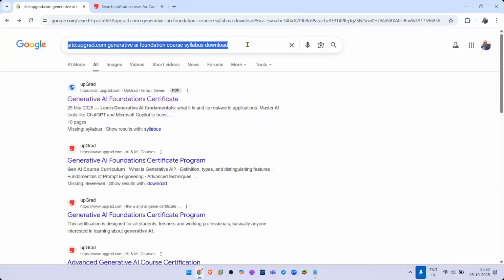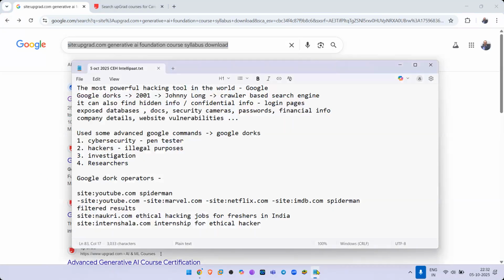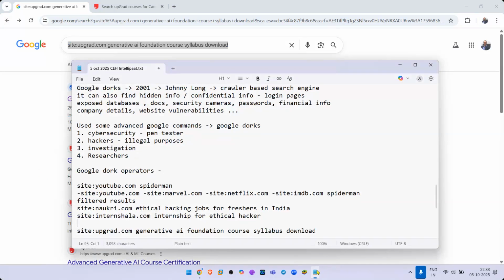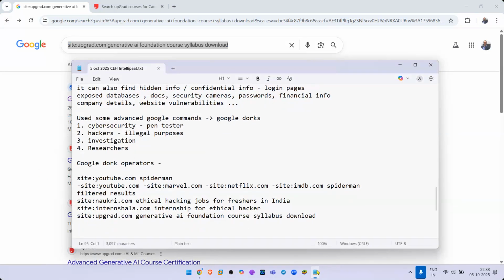This is the link. I've just given you an idea. Please do not misuse this information. Myself and intellipad.com are not responsible if you use this for illegal purposes. So try to be sensitive about this. These are some superpowers that you are getting in this class. Try not to misuse your superpowers.